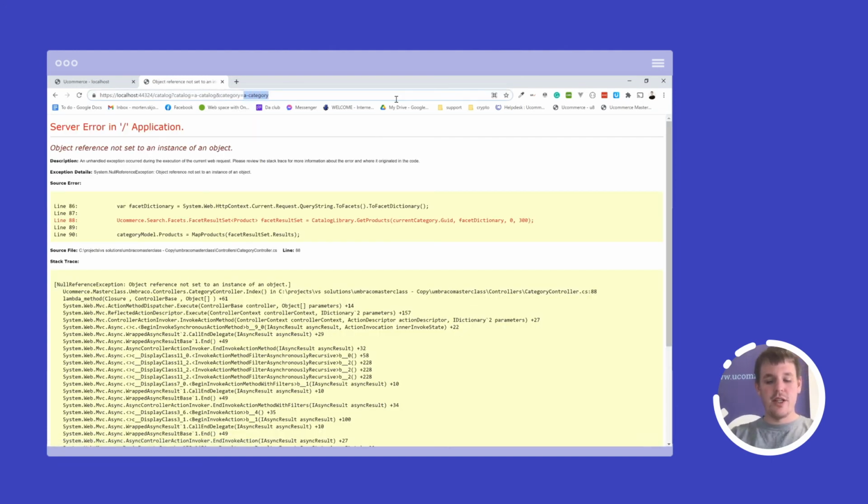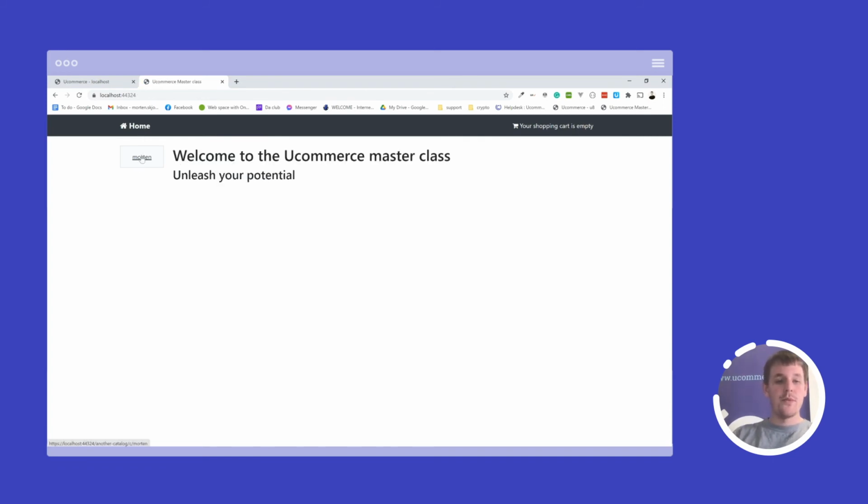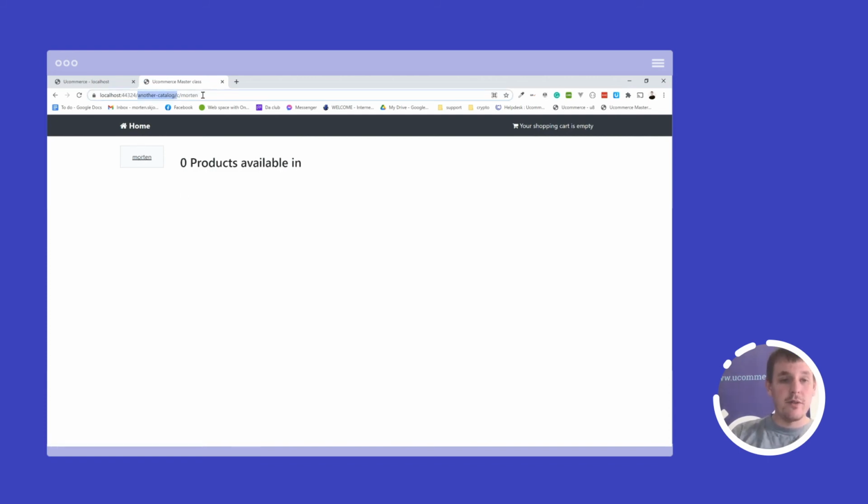So instead, I will now change my category up here to be Morten, and again, my category will be resolved. And this goes for the catalog, the category, and the product pages. It's the display name that determines what we're looking at. So if we go back again, we will see Morten, and let's take a look at the actual URL that was resolved. It's another catalog /c/Morten,